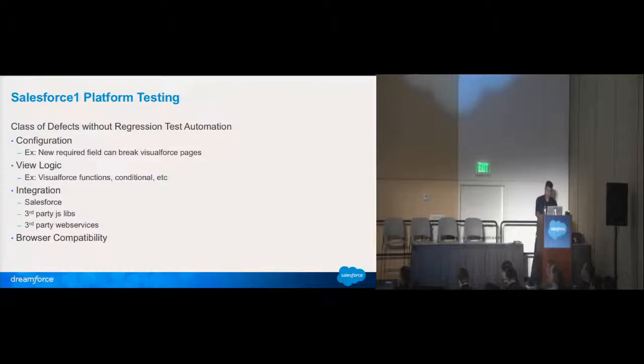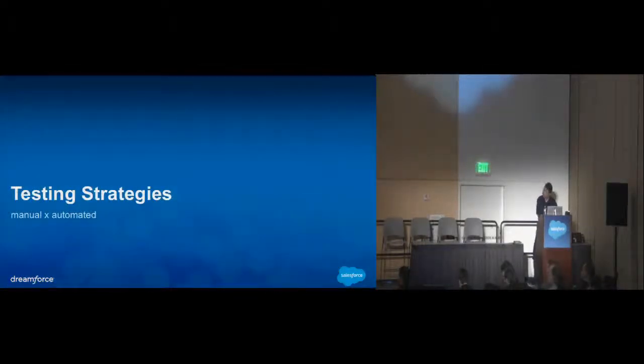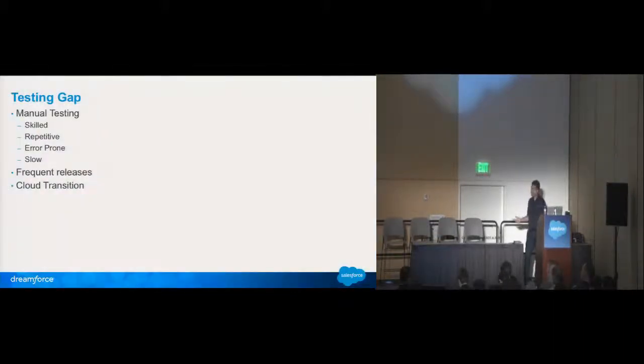So as we can see, there's a need for that testing at that layer. And now, how can we do that? Usually, the first instinct is, let's just get some manual tester, test the application, and get done with it. That's how we fill that testing gap. However, as the application progresses, we can see that manual testing really doesn't scale, because manual